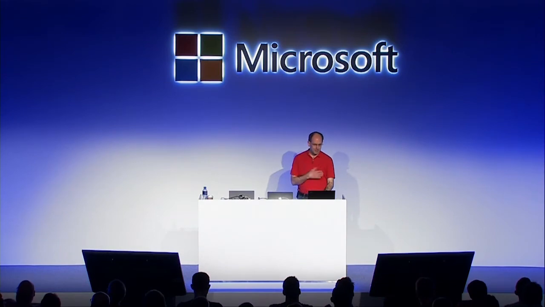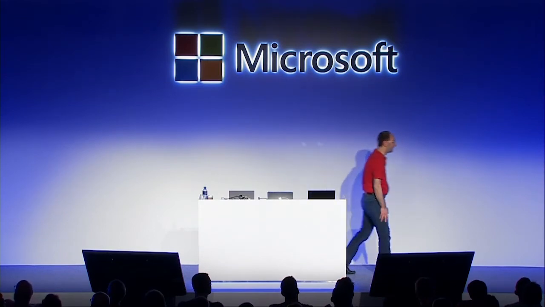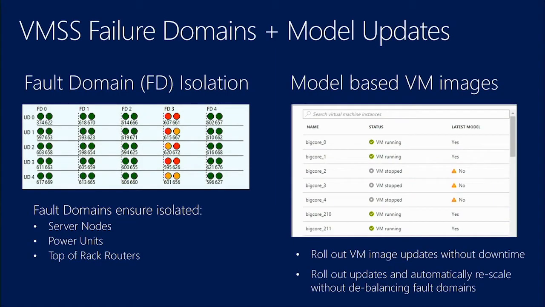And then because VM scale sets support availability sets, we place the VMs automatically across the data center to make sure that we maximize availability so that if anything goes down, the scale set should still stay up. And the other thing that we do is we provide a way with scale sets that you can update images dynamically. So if you want to patch your images or roll out a new version of that VM, you can give us an image and say update it, and we will walk the appropriate domains